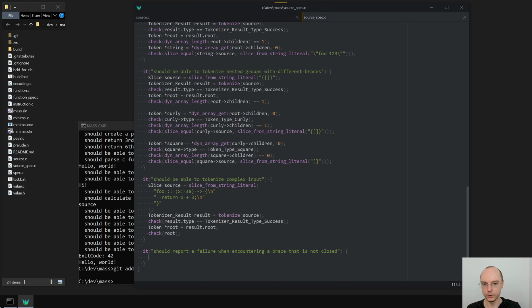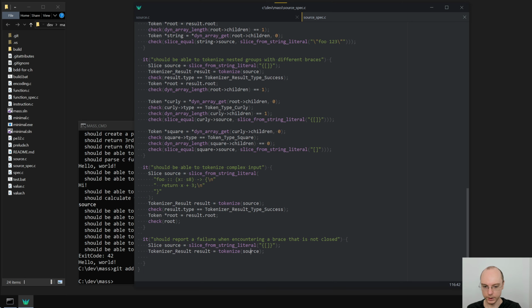Okay, so let's try that. We will take, I guess, this stuff, use it here, and we'll just say we open this and say foo and don't close it. So we say that result type is tokenizer result type error,